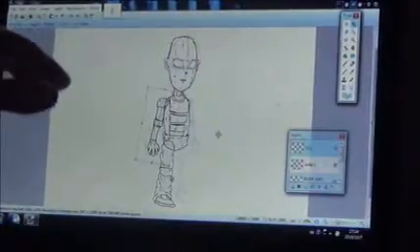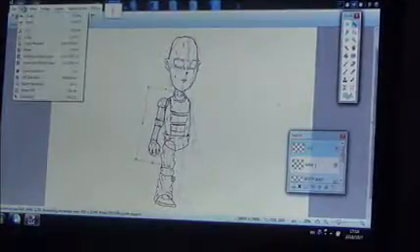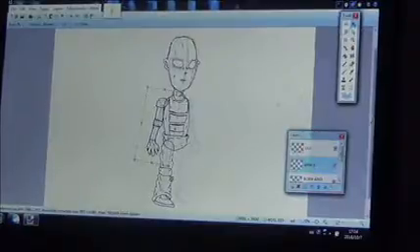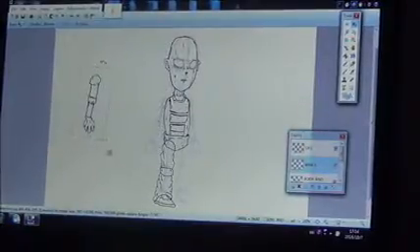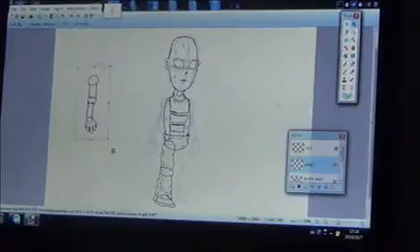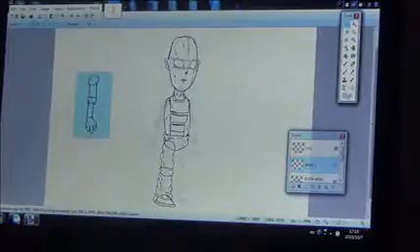set these up ready, because right now all they are is line art, okay? So what we need to do is move each part across. So we're going to go to the arm, move the arm over here separate so we can see exactly what it is, okay? Now we're going to select it again as a rectangle. We're going to go edit,